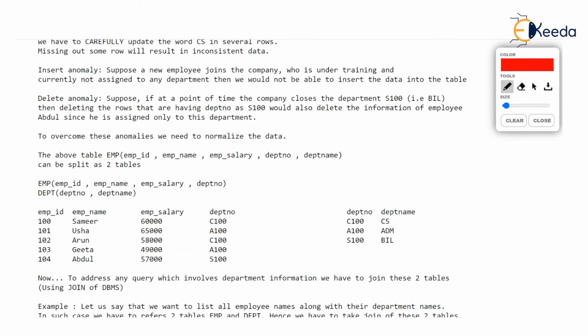This table had 5 attributes, and department name was getting repeated for every department. So we store only department number along with employee information in the EMP table, and we create a new table, department, which will contain department number and department name.